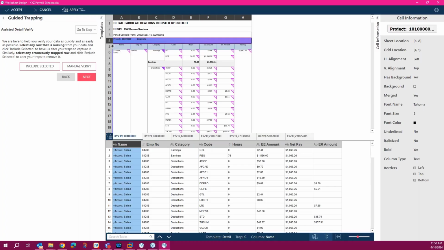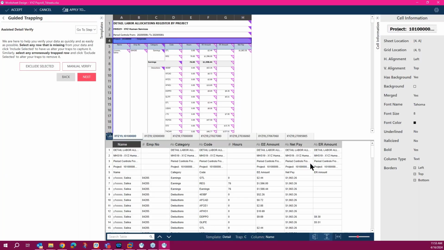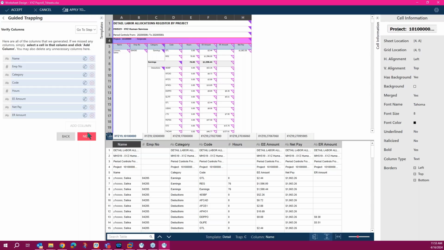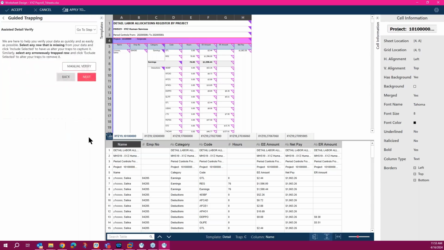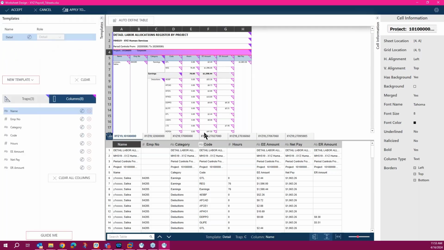And if I want to add another row, although I don't want it added, well, let's just add this row. You can just say include selected. Although this probably messed up the guide, the wizard. It just messed it up. So I don't know if I can go back and fix this unless I just continue and then next, and then I just have to manually fix this because this last piece did not quite work.